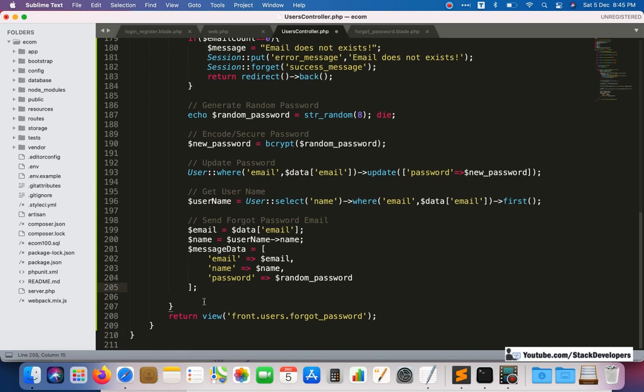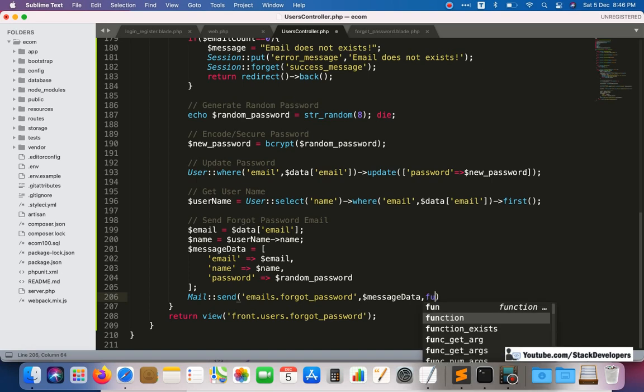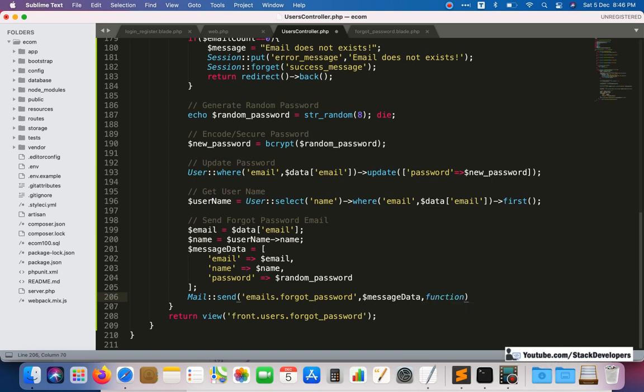Okay, so finally we are going to send the email with the mail send function, and here we are going to create this forgot password email in my next step. And here I'm going to send $message data, and this one I'm going to send to the function and